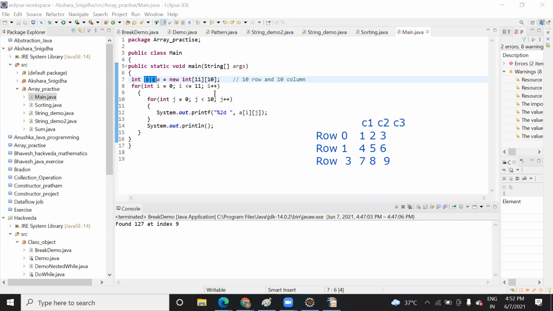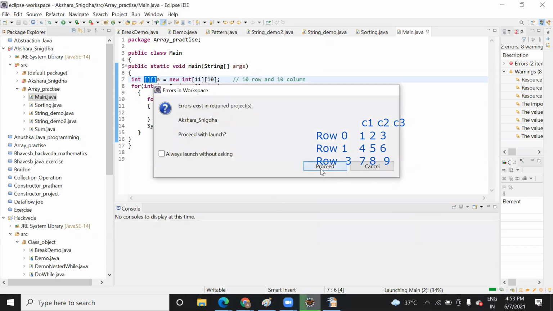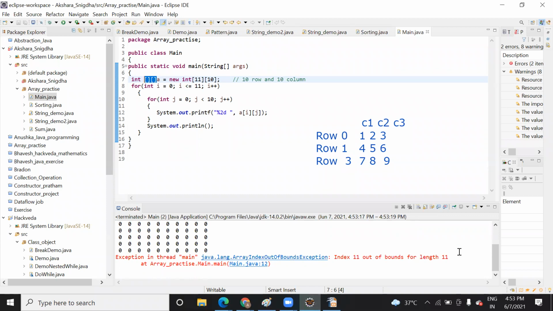So here you can see I have declared the size 11, 10. Here I am declaring the size: row is 11 and column is 10. Let me run this first. You are getting an error. Do you know why?